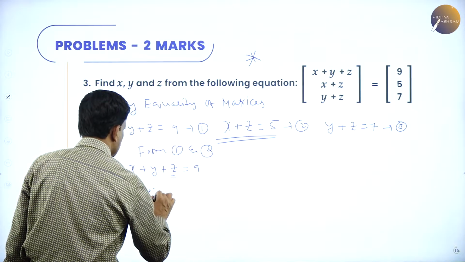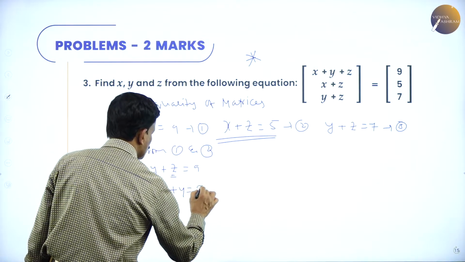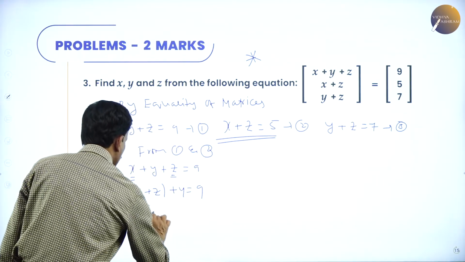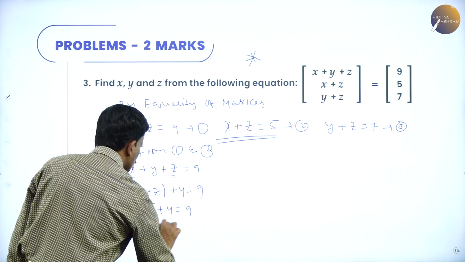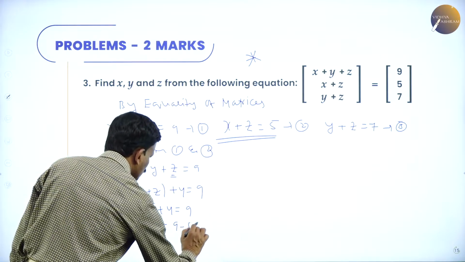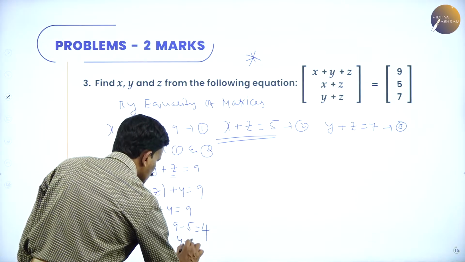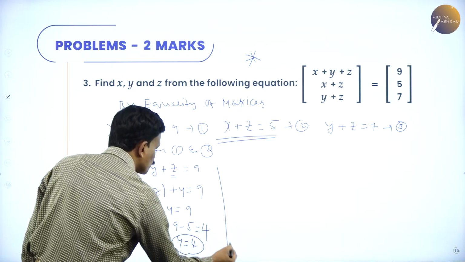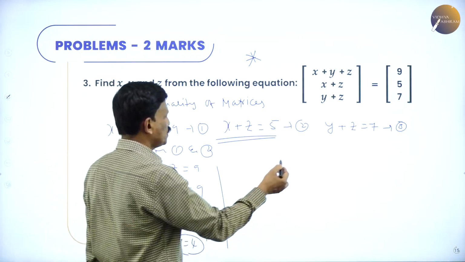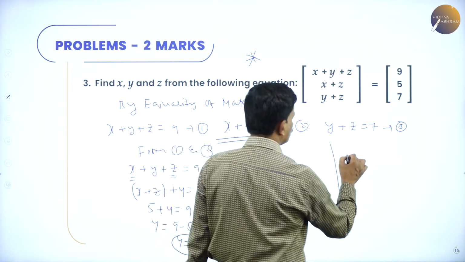So x plus z plus y is equal to 9. What is x plus z? 5. So 5 plus y is equal to 9. Y is equal to 9 minus 5, which is 4. So y is equal to 4 is one value. Now substitute here. Now from this, from equation 3,